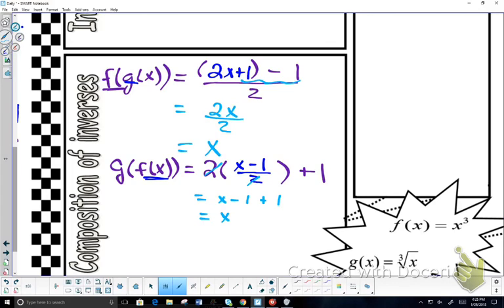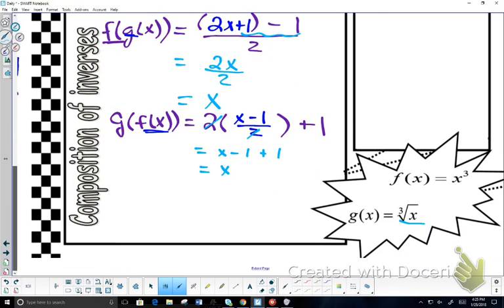Okay? Now, we've got another one to do over here. f of x is x cubed, and g of x is this. So one thing I want to make sure you understand before I go to showing you that. First of all, once upon a time, you might have learned this. You may remember it, you may not. The cube root of x is the same thing as writing x to the one-third power. Okay? So that being the case, if I do f of g of x, then that means my outside